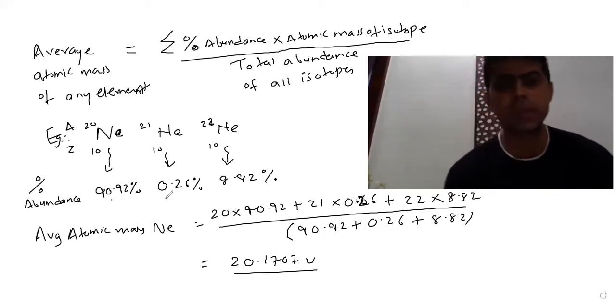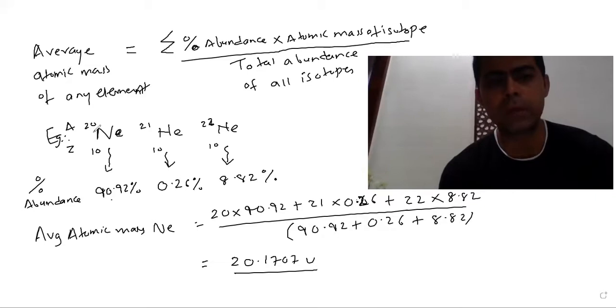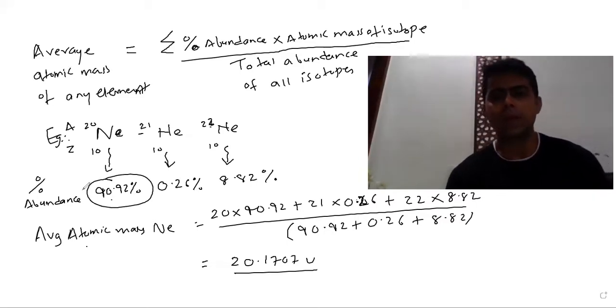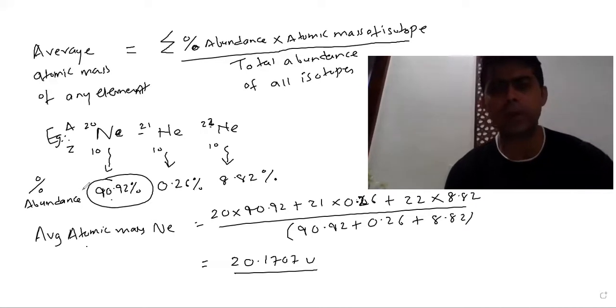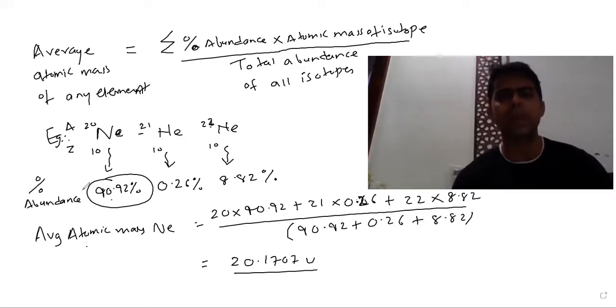Sometimes what happens is they will give you the values of 3 atomic masses and even the average atomic mass, but one of the percentage abundances is hidden. That will be asked in the exam. They can ask you the percentage abundance out of this formula. They can ask you what is the average atomic mass, a simple question. They can even ask you what is the atomic mass of one of the isotopes. So you can apply this formula and get the answer.